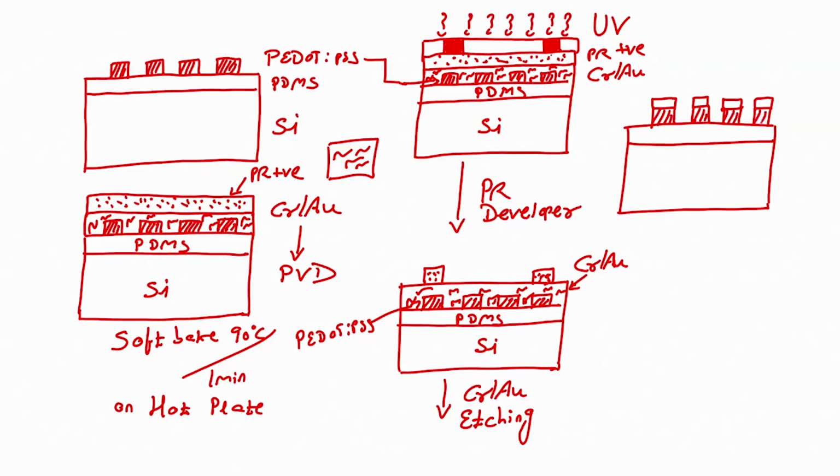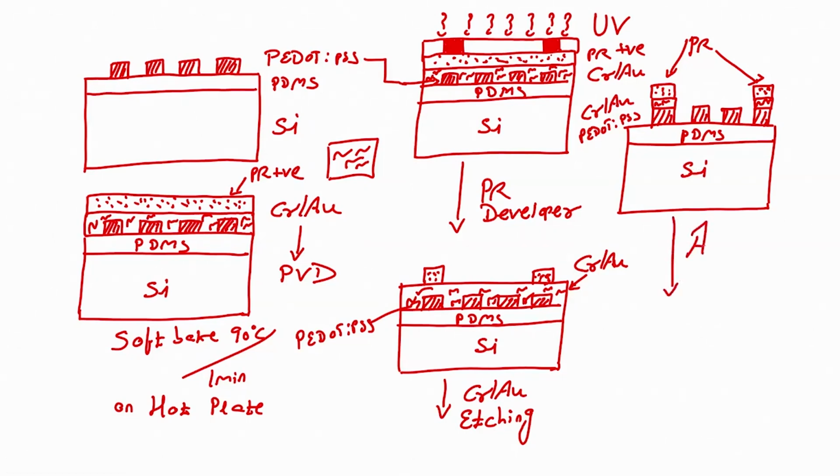We will get strain gauge, chrome gold, photoresist, correct. We will have this photoresist, then we will have chrome gold, then we have strain gauge, then we have PDMS, and we have silicon. Next step is the easiest step,